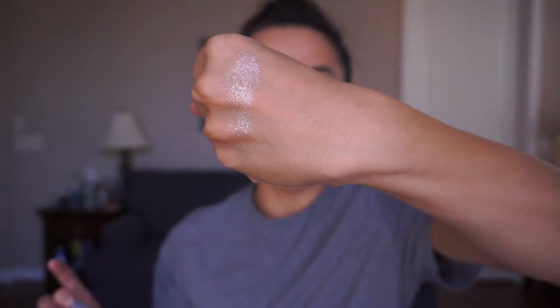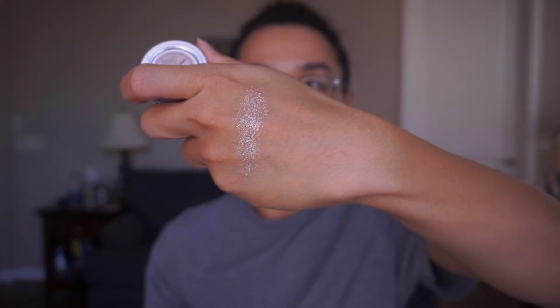It's just gonna transform whatever eyeshadow I have underneath, and you might already have something like this in your collection too. And to be honest, if I used this every single week, I would love to buy those, because who doesn't love some sparkles, you know? But honestly, I use this like twice a year, so